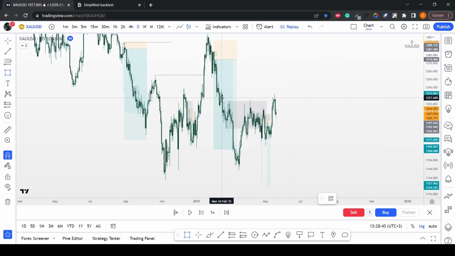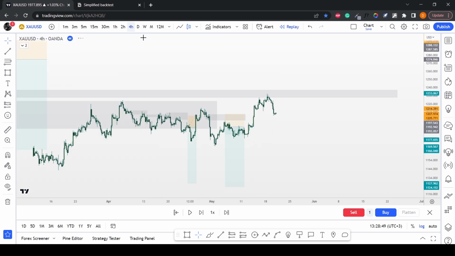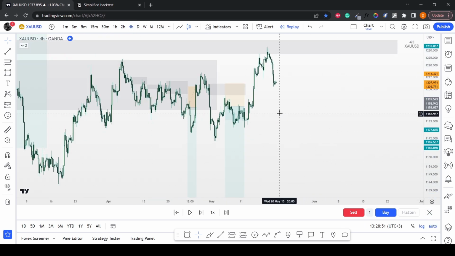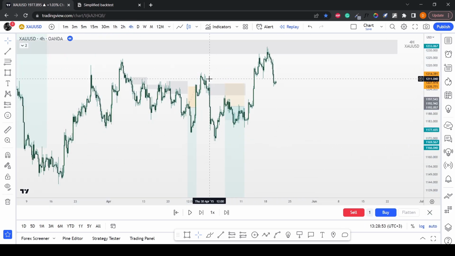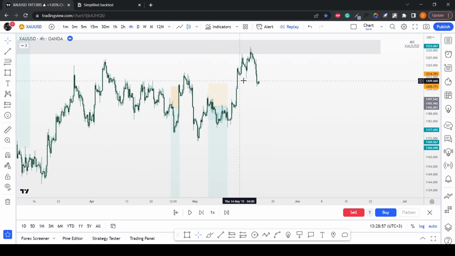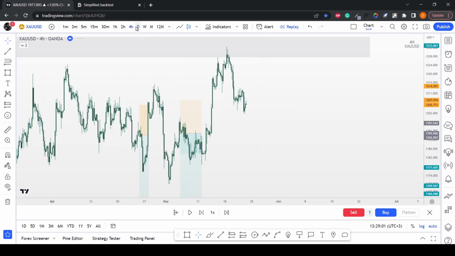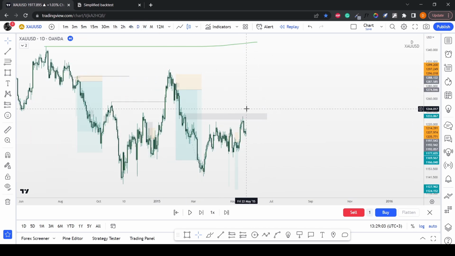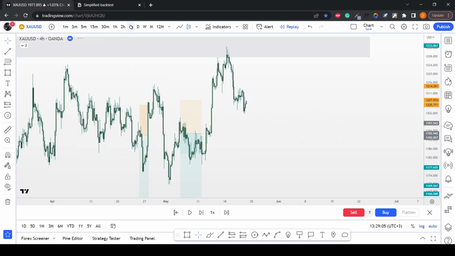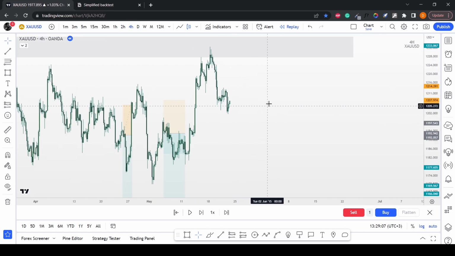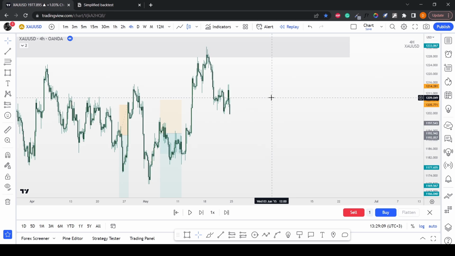So of course we can see that we mitigated this, and again, let's clean up the chart a bit. I mean, I need for bullishness, I need this to break up. For bearishness, I need one more break to the upside and then to the upside, or something like this. Yeah, so